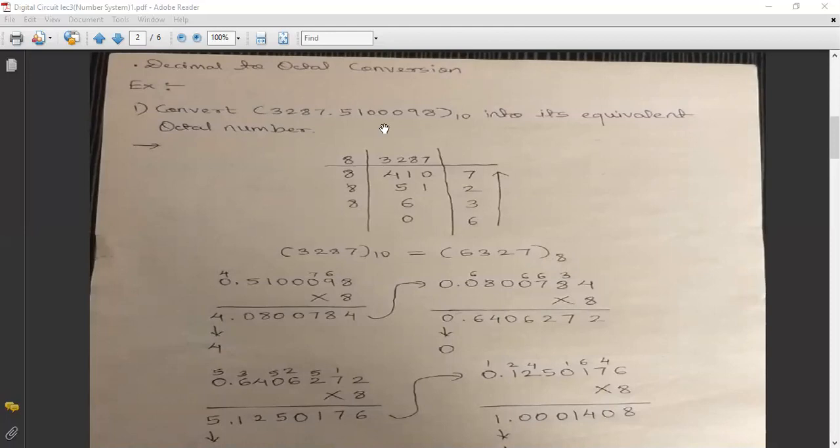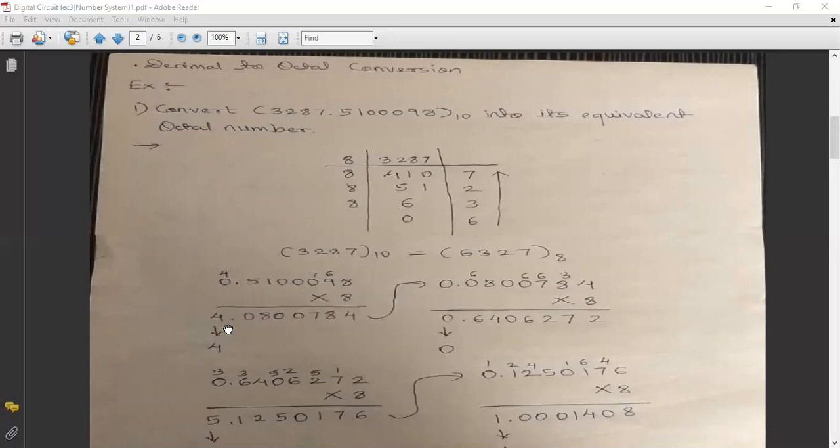Now, what we have to do for the right part? So we are going to multiply it by 8 because it's a fractional part of this number, right? So let us begin. So write down this number 0.510098. So what we are going to do, we are going to multiply it by 8. So 8 8s are 64, carry over 6, 8 9s are 72 plus 6 is 78, carry over 7, 8 zeros are 0, 0 plus 7 is 7, 8 zeros are 0, 8 zeros are 0, 8 ones are 8 and 8 fives are 40.